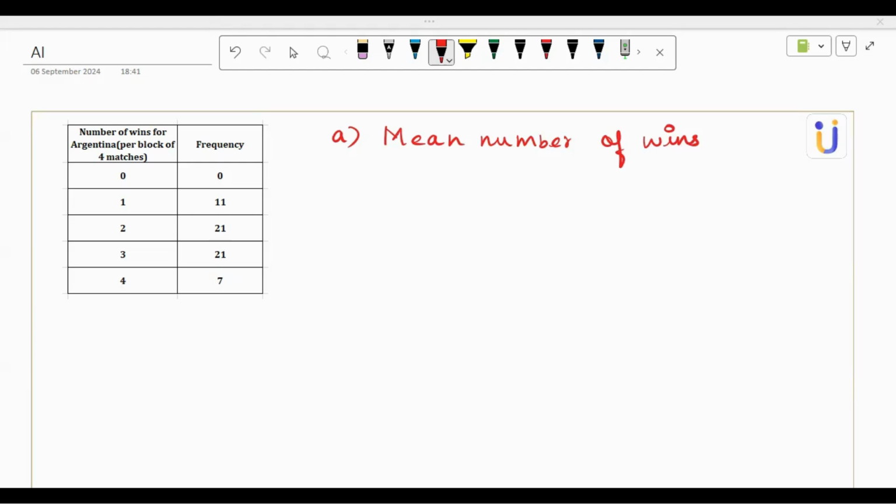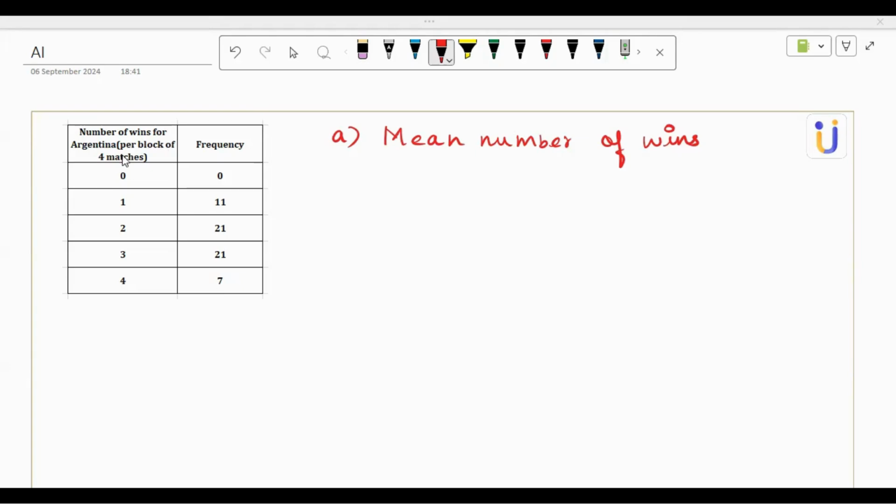Okay, so there are two friends, Peter and Helen. They are discussing ways of predicting the outcomes of international football matches involving Argentina. Peter suggests analyzing historical data to help make predictions. He lists the results of the most recent 240 matches in which Argentina played in chronological order, then considers blocks of 4 matches at a time. He counts how many times Argentina has won in each block. And we can see that table over here,